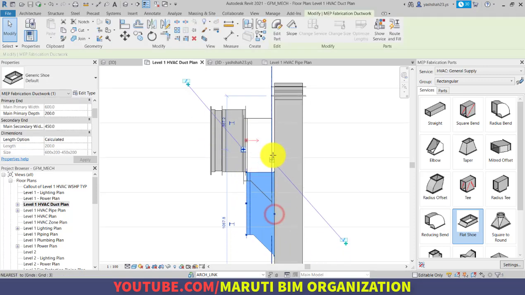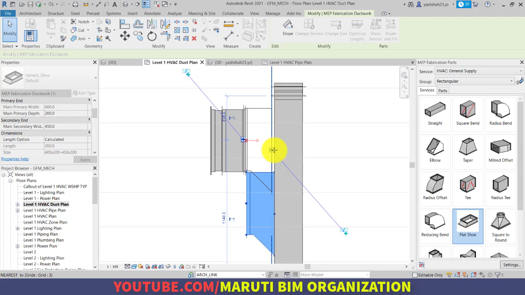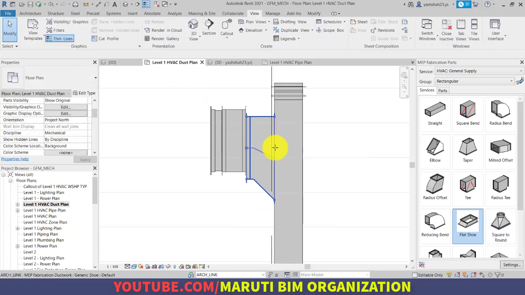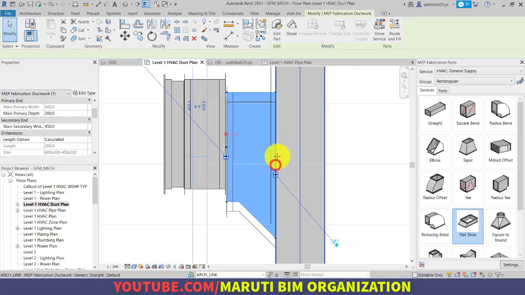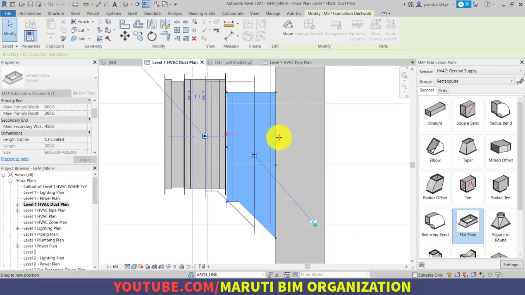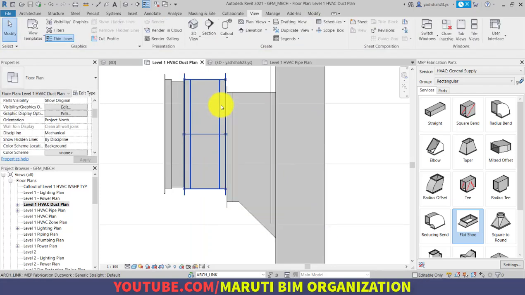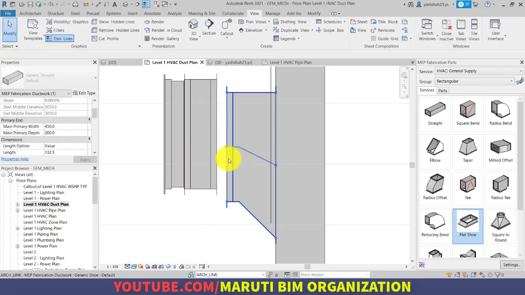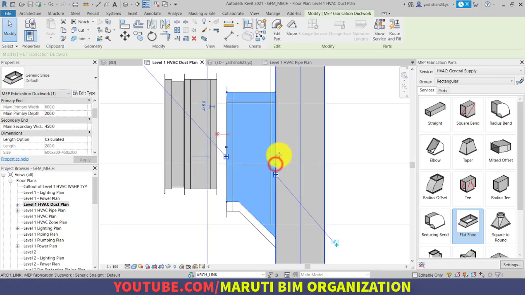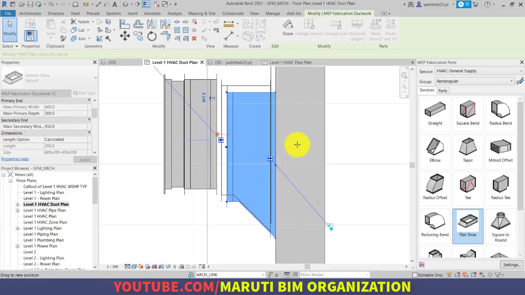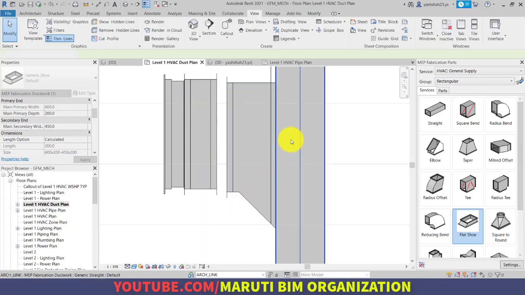Selecting this, drag to this. You have to match or line up with this point.